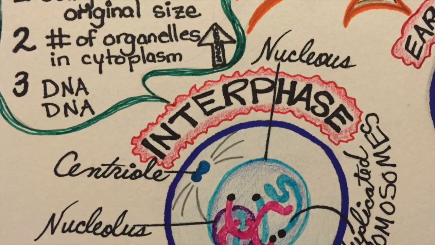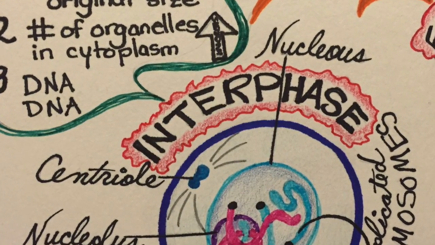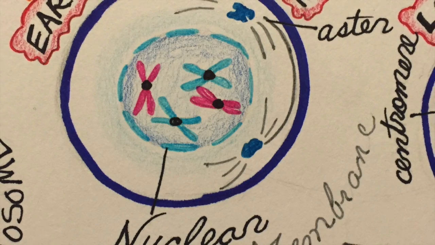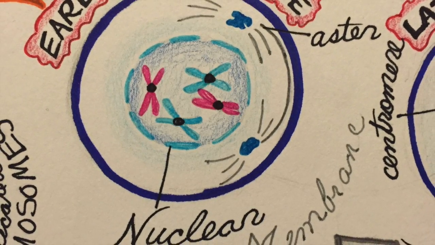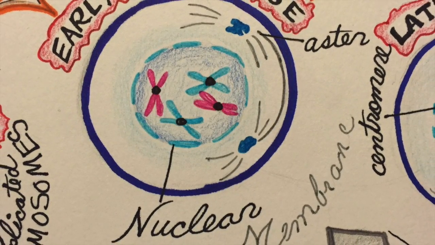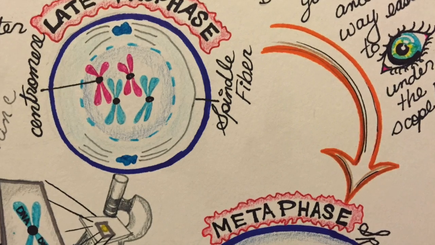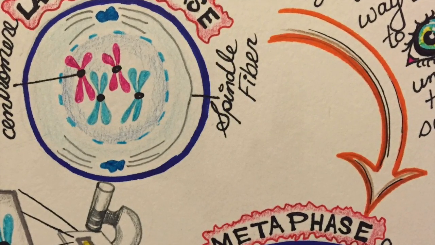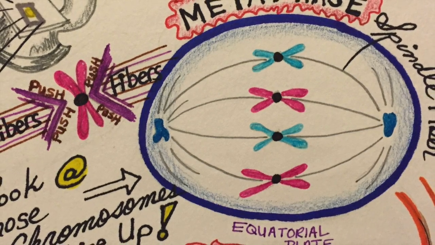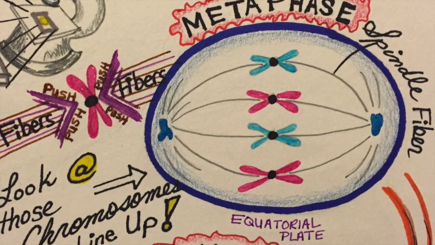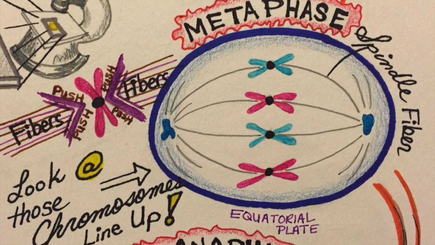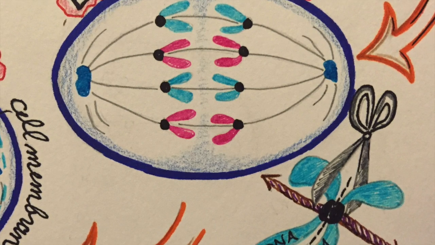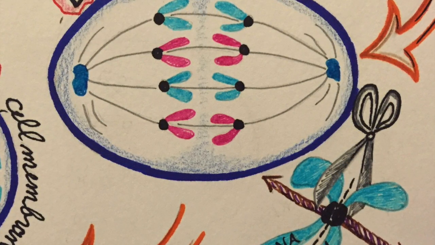And from here you can see the result of the whole image. Next I'm going to show you each phase individually, and you can see how some of the text is labeling and some of the text is pointing out a really key feature. So in metaphase, the fibers are pushing together the chromosomes towards the center,